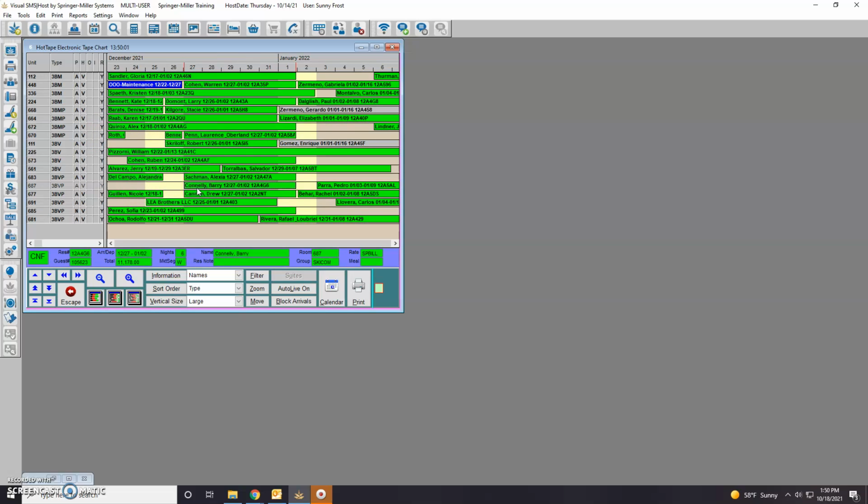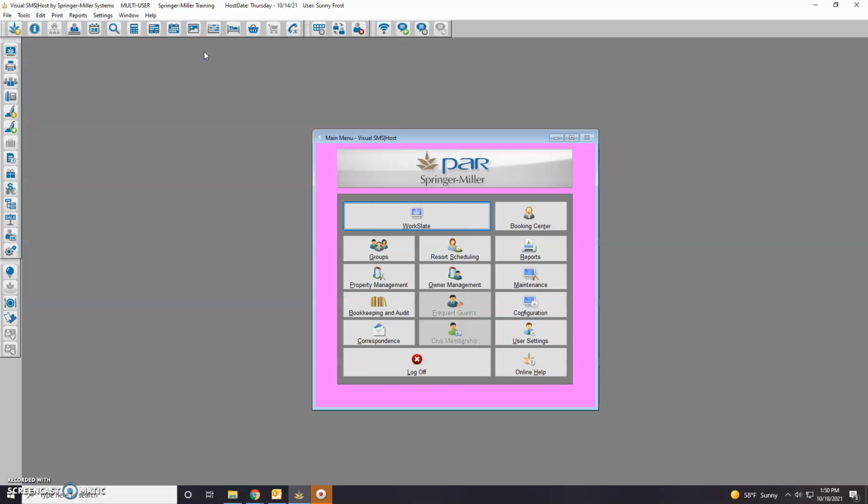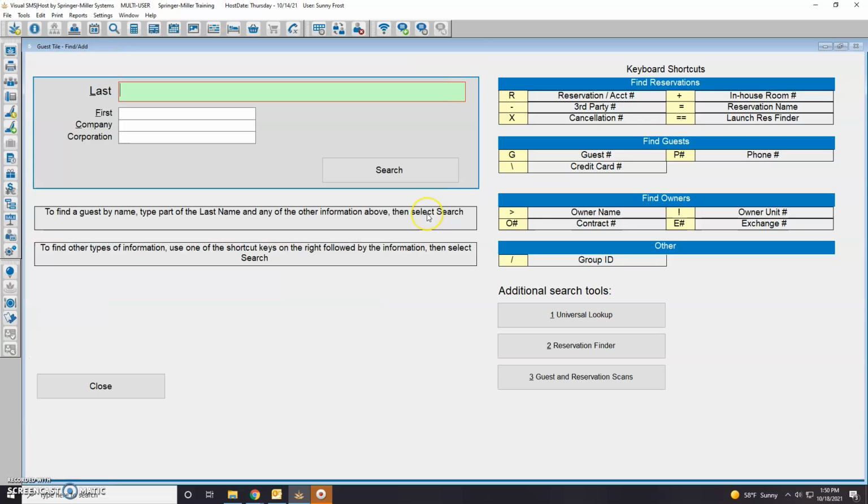However, since we haven't reached the cancellation cutoff yet, it is a good idea to put in a waitlist entry for Mr. Goldman because some people may cancel before November 1st, which is our cancellation cutoff date. So in order to do that, you want to escape tape chart, select W for work slate,